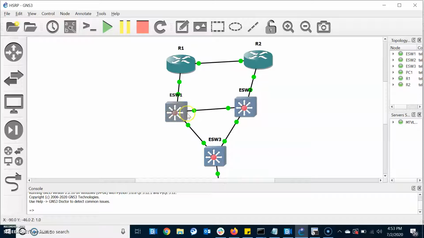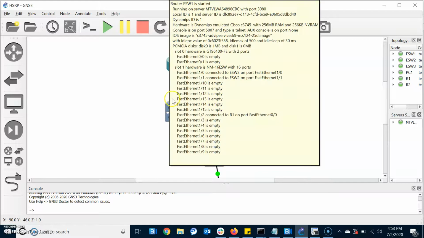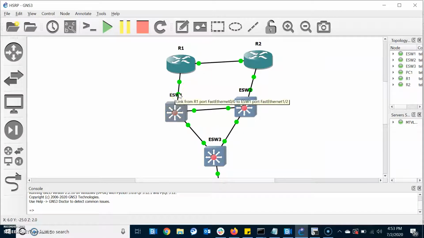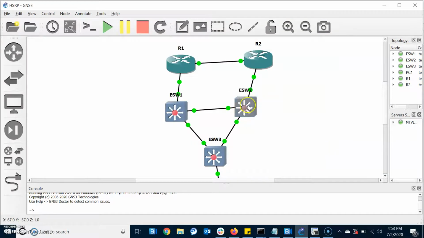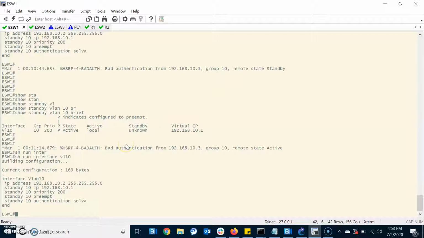Here I have to specify a command like track interface. I'm specifying it in the router. It will always track the interface, and I can track a specific interface name also. If this interface goes down, automatically it will decrease its priority and the secondary will take over the active role. Let me configure the priority.